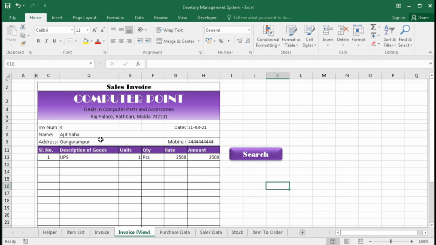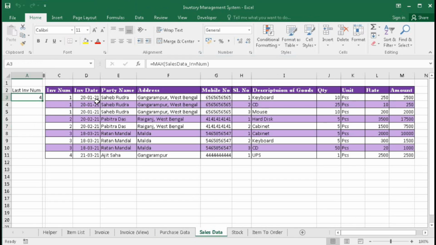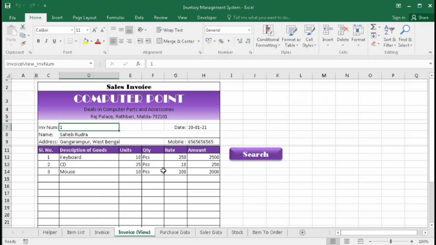Okay. Now if I type 1 and click on search, you can see for 1 it is Saheb Rudro Gangarampur. Here you can see sales data Saheb Rudro. There are 3 items, keyboard, CD, mouse, 10 piece, 25 piece, 10 piece. So go to invoice, you can see everything is perfect. Now if I type 2 and click on search, again it came Povitra Das.